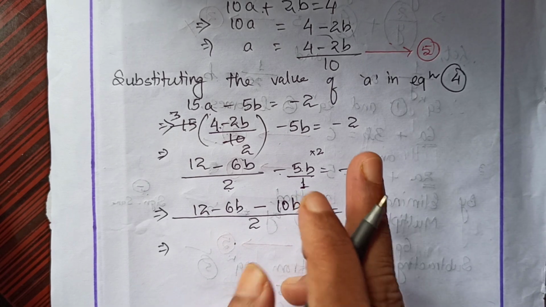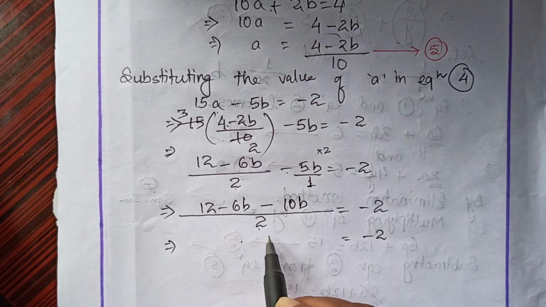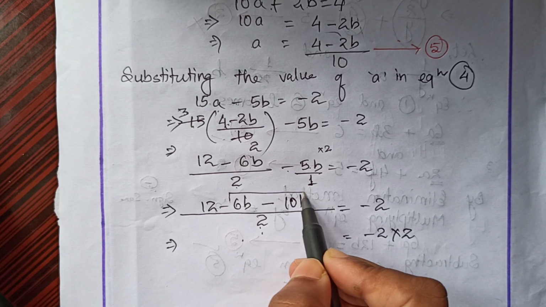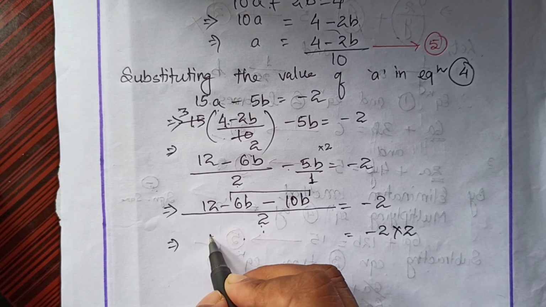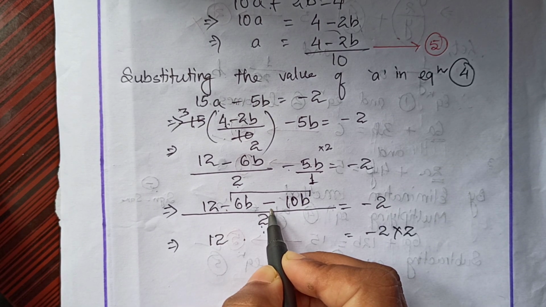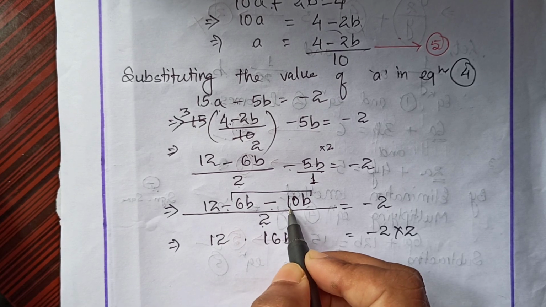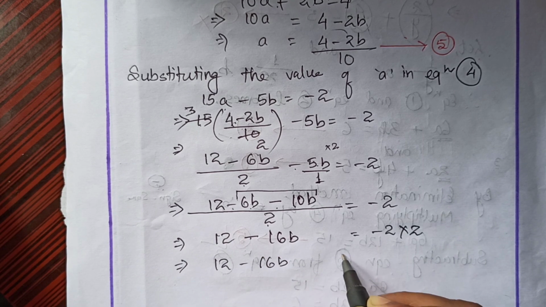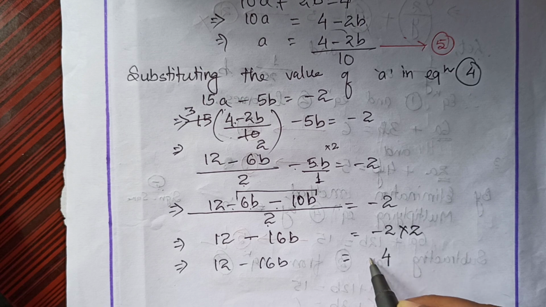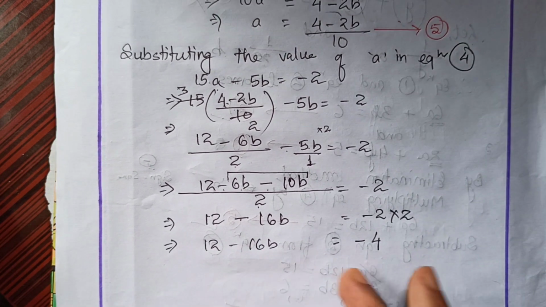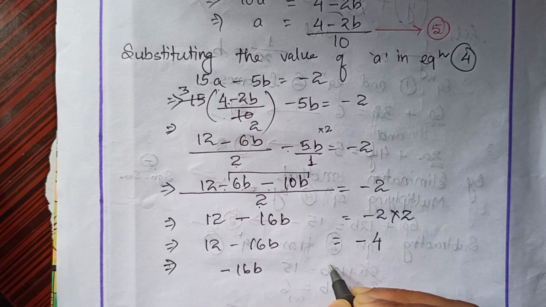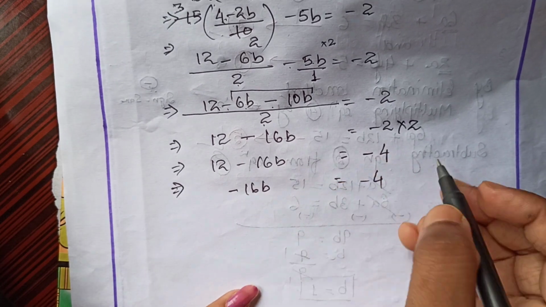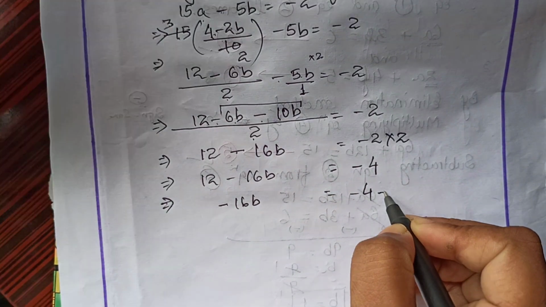Now again we can do two things here. One, we will send this to this side. It is dividing, so it will multiply here. And another, this b and this b, we can solve this too because they are like terms. So 12 will remain 12, minus minus it will be plus, 10 plus 6 it will be 16b. 10 is bigger than 6, so it will be minus sign. So 12 minus 16b is equal to 2 fours are 8 and minus here. Now we will send this 12 to the right hand side. So here only minus 16b is equal to minus 4. This 12 here is plus, so if we send it this side, it will be minus 12.